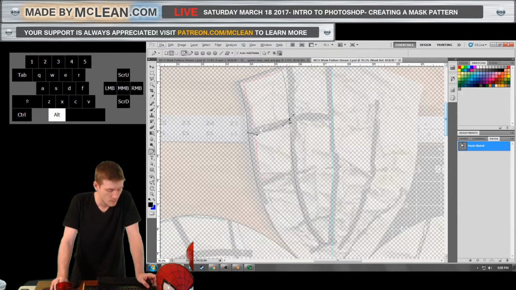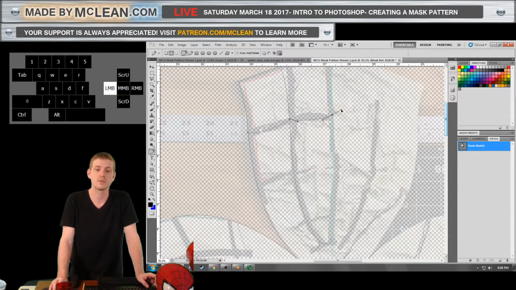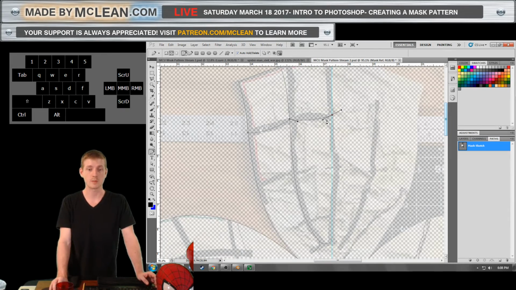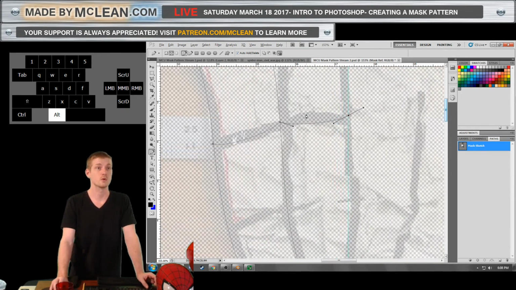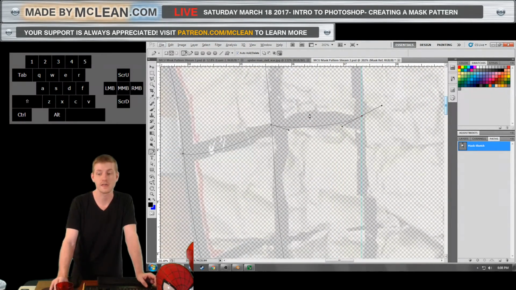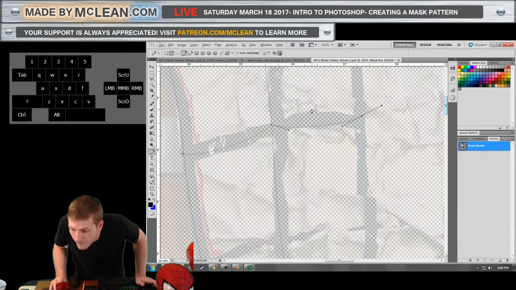You hold Alt, and once again, you want it to be symmetrical. You basically want it to be like little TV antennas or Martian antennas that are perfectly symmetrical. Sometimes there are exceptions to that rule. Sometimes there are places where you will have a very